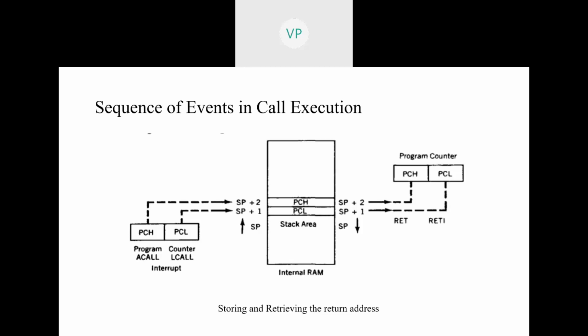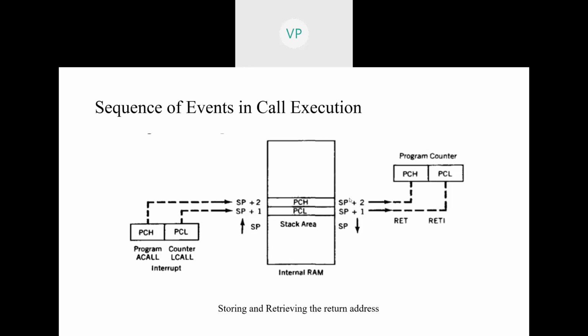Now, after completion and execution of the subroutine, whenever it runs a return instruction, the control will be returned back to the main program. Now the processor needs to know from which address to start executing, and that address is given by popping. What the processor does is go to the stack area and perform the pop operation.